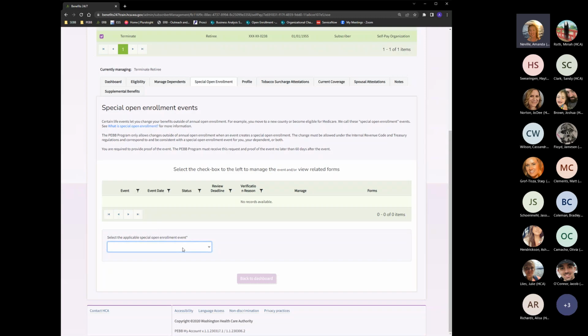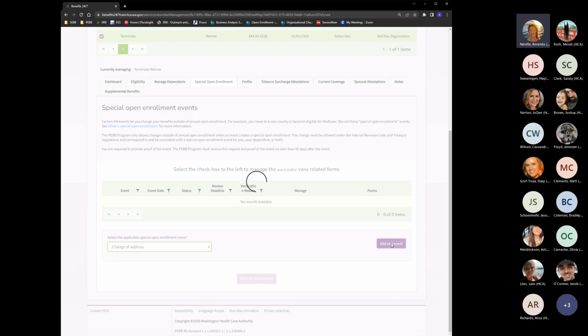And then from the drop down, there are two options here. There's a special open enrollment request, and there's a change of address. And you know what? Let's just go ahead and I'll show you guys the change of address first. I had it on my list for one of the last things, but let's go ahead and do that here. So if I select a change of address and I add new event,